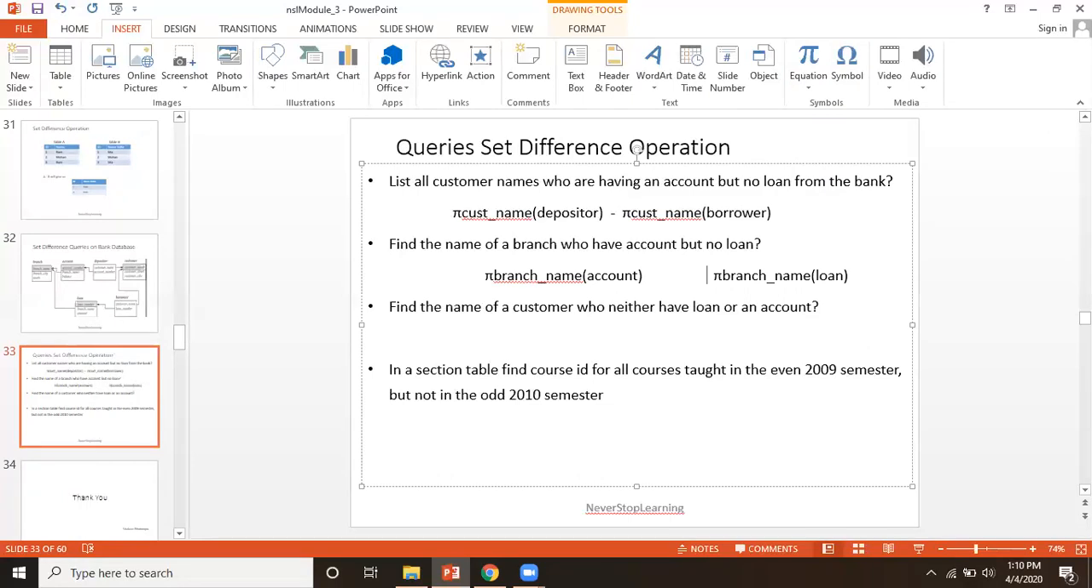And we want only those branch names who have an account. That means from the account table we want to select all those rows which are not present in the loan table. That's why I'm putting a set difference between them. So I hope this query is also clear to you all. Third query,